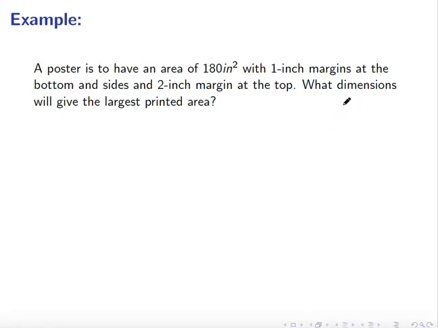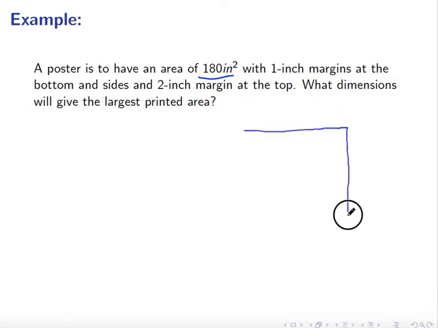We have a poster and we know that, well, we don't have it, we want to make it, and we know that the area of that poster is 180 of whatever unit, and we know that we want some margins. We want 1 inch at the bottom and sides and 2 inch margin at the top. So all the sides will have 1 unit except the top, which has like